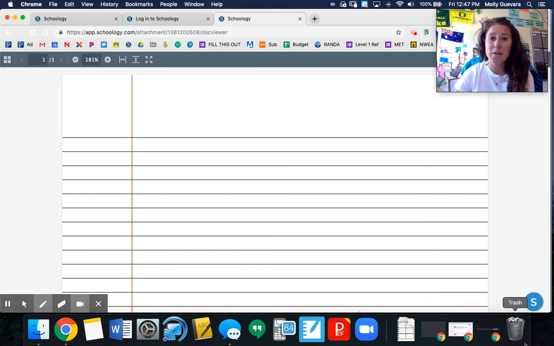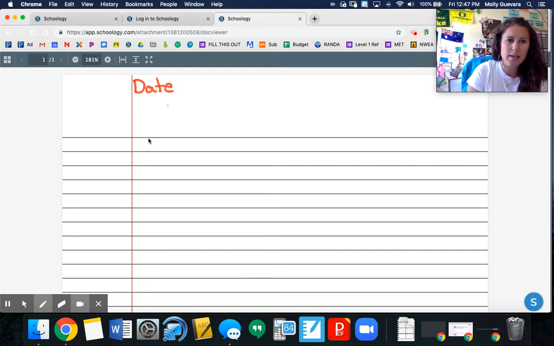We're going to take notes on functions today. So what is a function? What does it look like in a table? What does it look like in a graph? What does it look like in an equation? What does function notation look like? How can we use it? Things like that. So as always, make sure that you start off with the date right at the top of